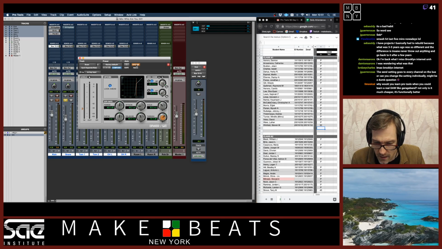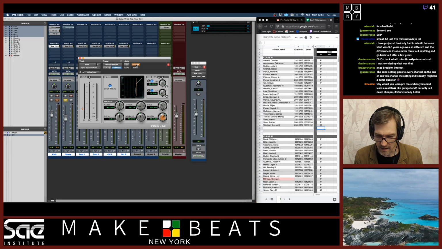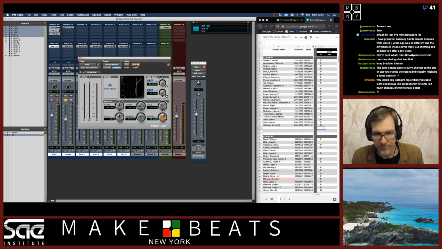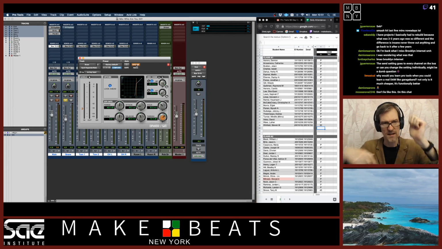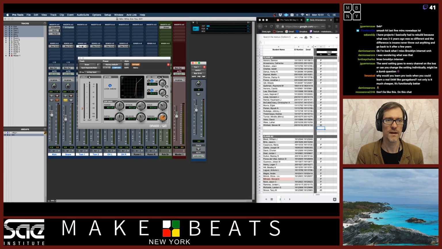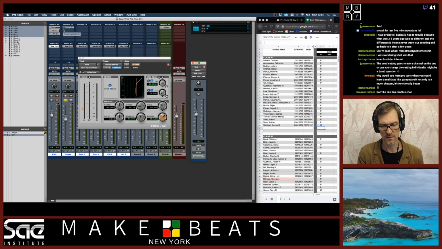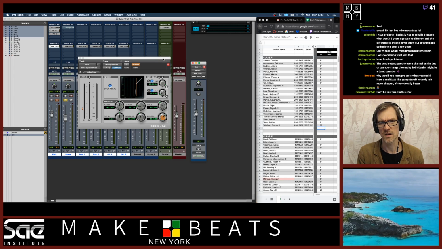Wait, real quick. Johan says the send setting goes to every channel on the bus, or you can change the setting individually. Might be a dumb question. It's not a dumb question, but you can change the setting individually. That's why you use the send. See how these different buses have this here? You can change each setting individually. But the inserts are, well, actually, I'm not sure. If I understand your question correctly,